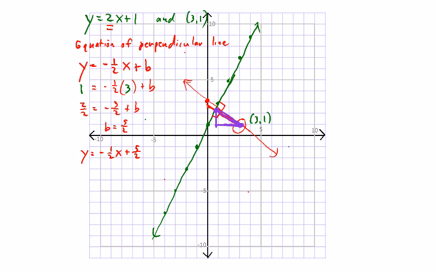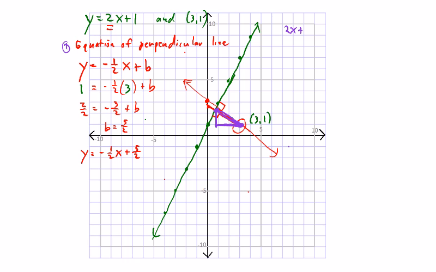So now we're in part 2 of the problem. Part 1 of the problem was finding the equation of the line perpendicular to the original line that ran through the point that was given. Now we need to find the point of intersection. We know the point 3,1. We have to find the coordinates of the point of intersection. So let me do that right over here and say we now know that